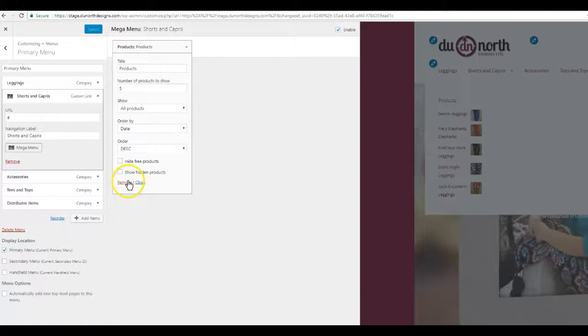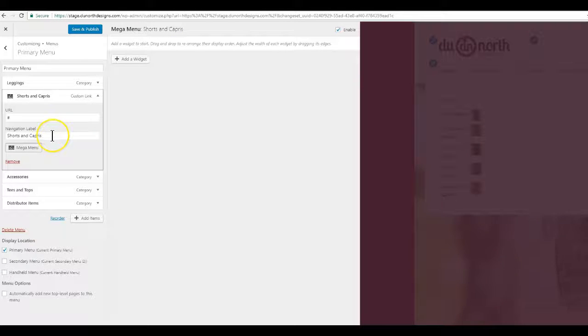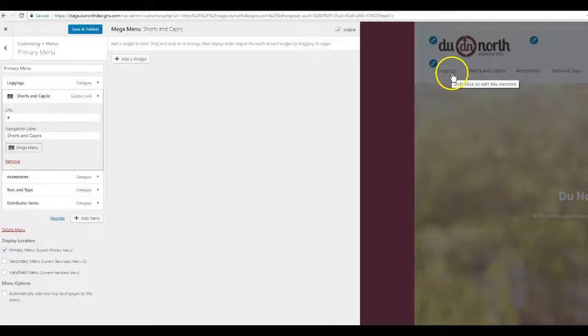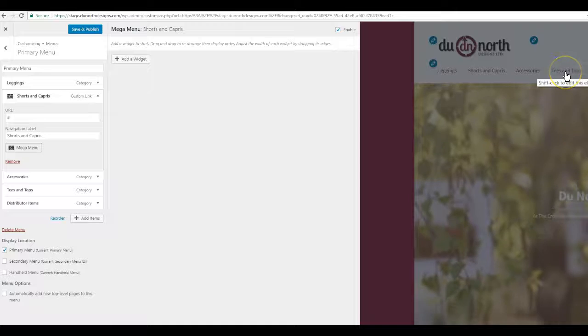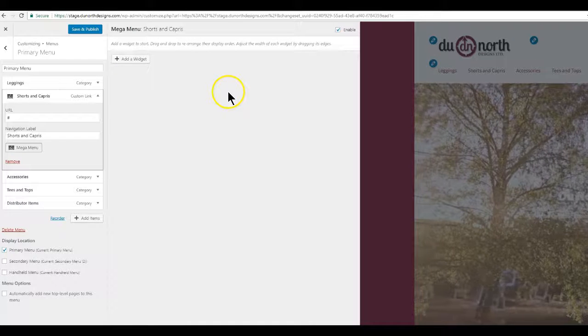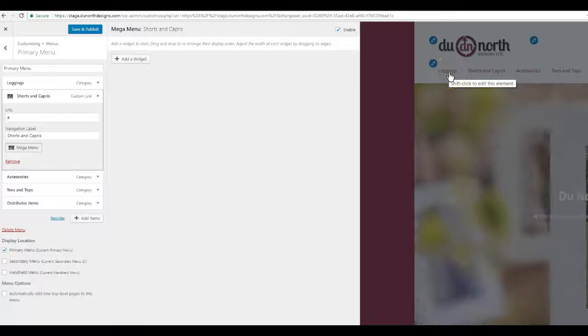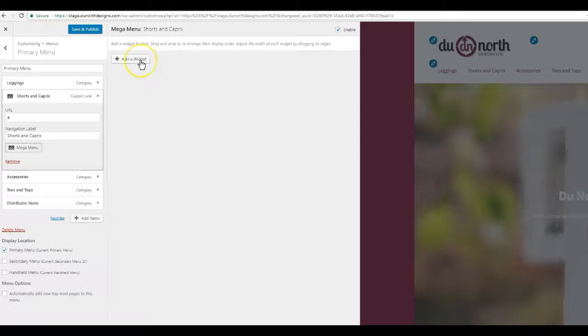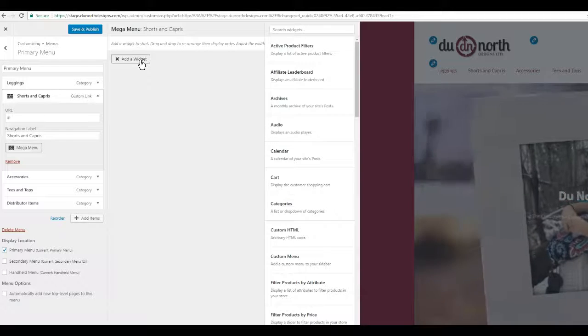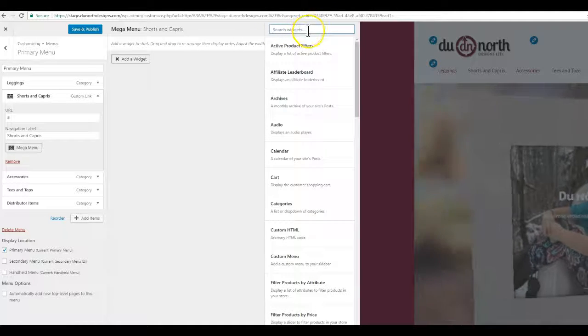Well, let's start from the beginning. If you've got something like shorts and capris, or leggings, accessories, tees and tops, things like that, you want to put something simple in there so that leggings should pop up, different leggings. Shorts and capris, same thing. So if you add just a simple